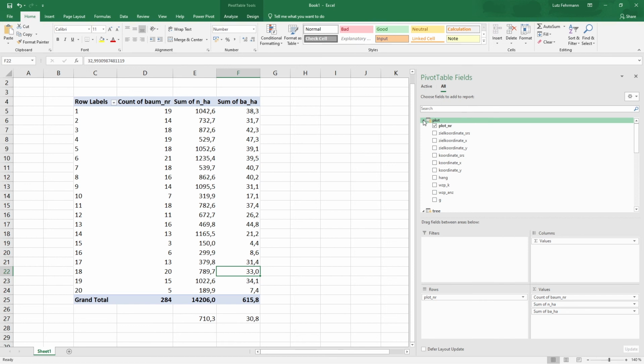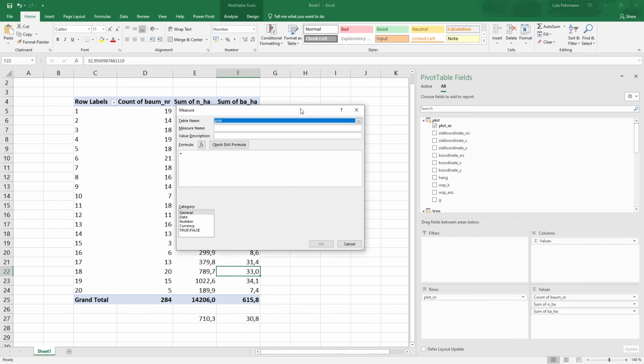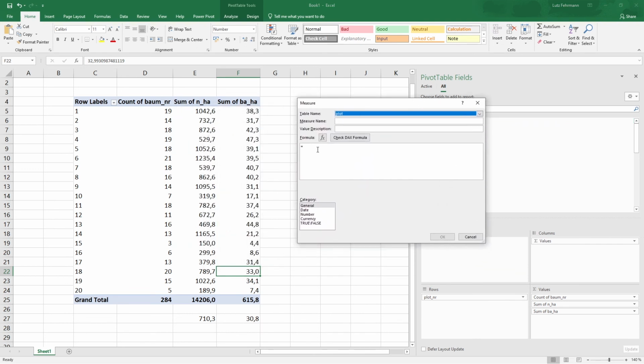If we like to implement an estimator that we can use like a function that is recalculated every time when we set a filter or slice the data, we can implement something that is called a measure. Such a measure, if you make a right click here on one of these tables, allows you to formulate a function that is executed on every level of filters or slices that you have in your data.